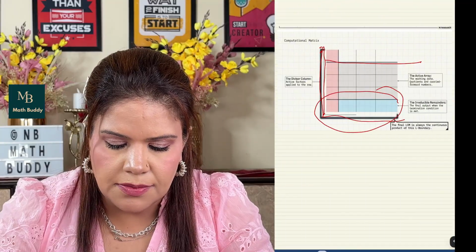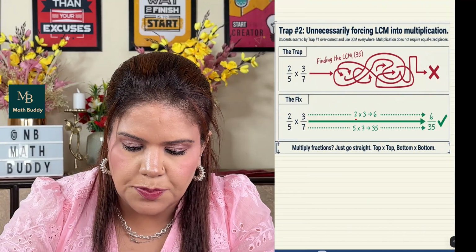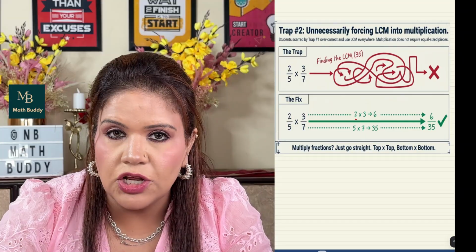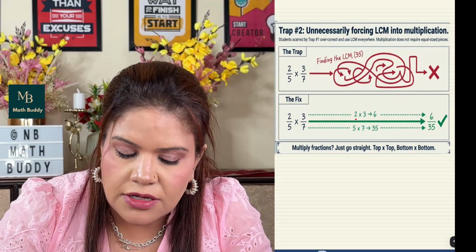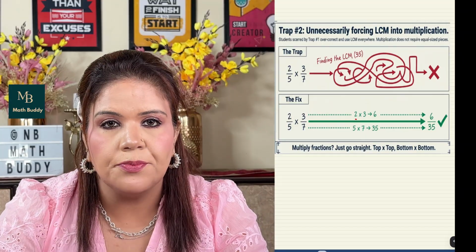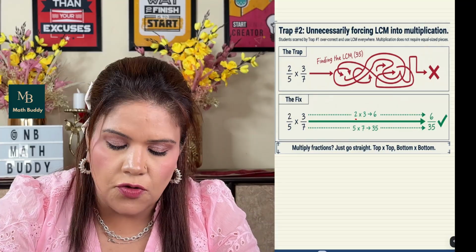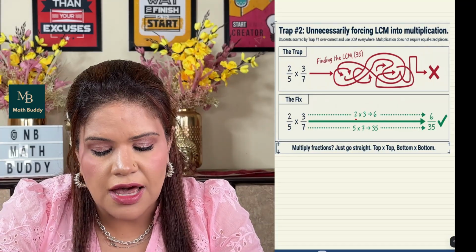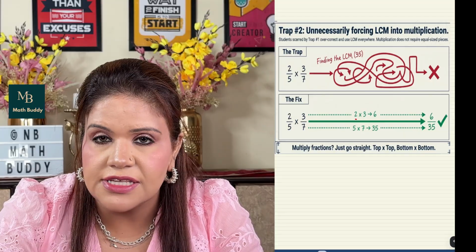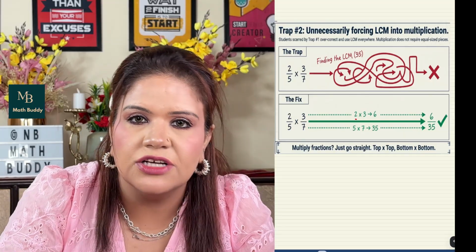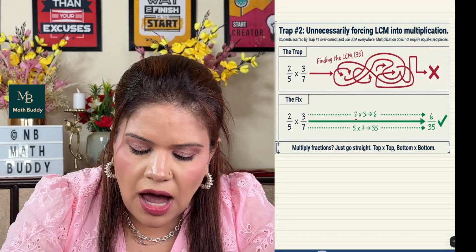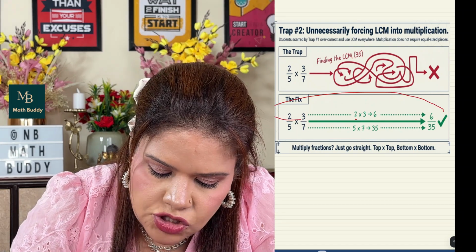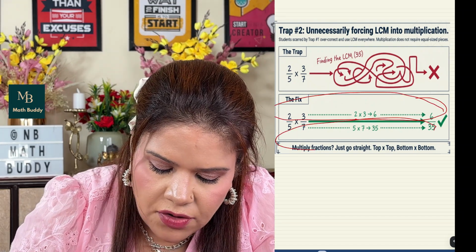Okay, so now LCM I have explained, addition I have explained. The second mistake which students make, I explained multiplication earlier. The students who have learned LCM for addition of fractions start finding the same LCM for multiplication also. I told you earlier that multiplication has to be applied straight across.